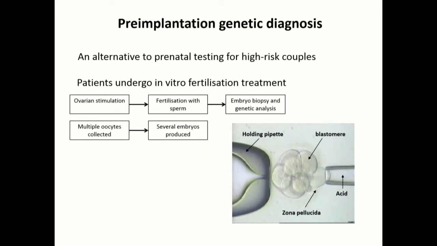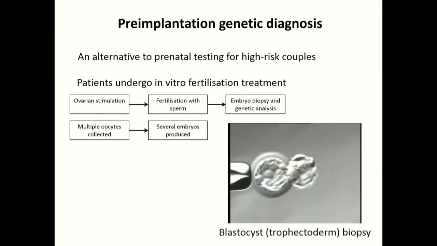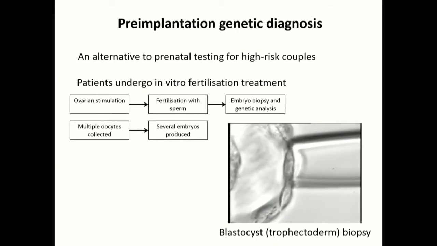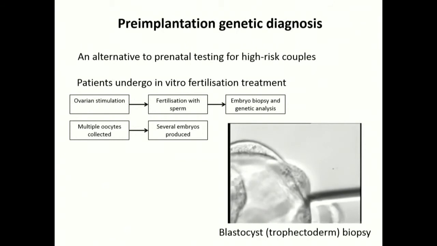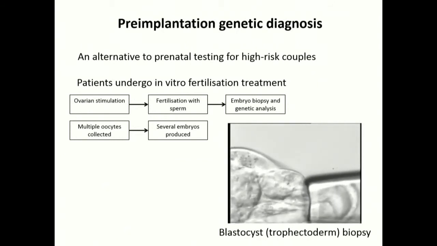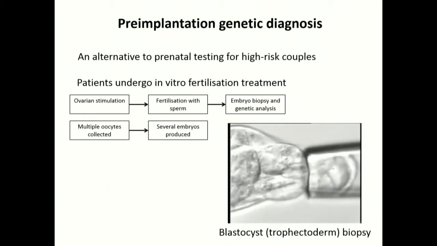So the embryologist is just gently teasing out that cell, and that will be taken away for analysis. The embryo itself will go back in the incubator. They're extremely sensitive and need to be kept under very precise conditions, so it will be safely put away. These days, more often this testing is done at a slightly later stage. This is a 5-day-old embryo, a blastocyst, and what's normally done these days is some of the tissue from the